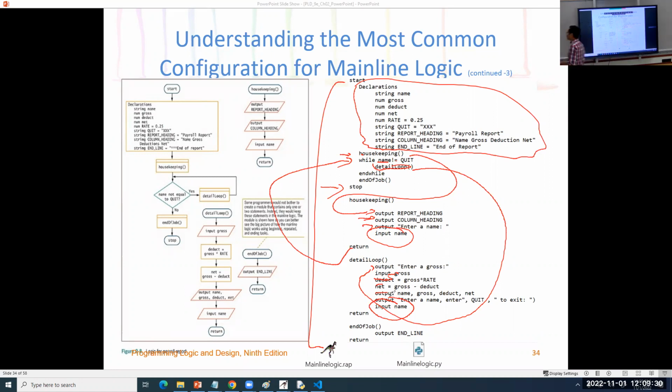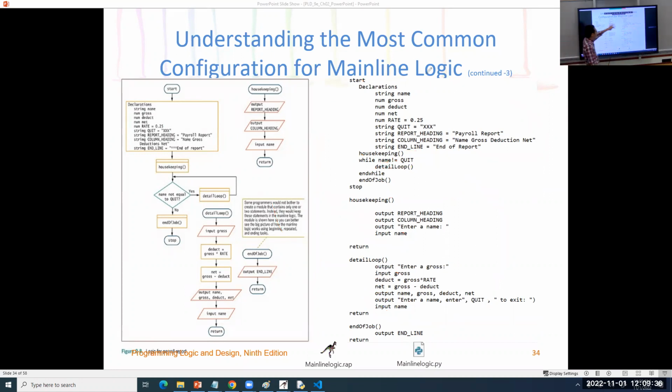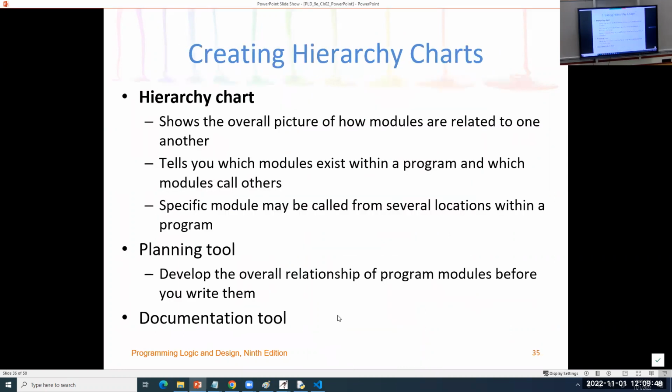So now you can see it is very straightforward in the wrapper here. I do exactly the same. I just convert everything from the pseudocode and flowchart into the wrapper here. So if you look at the wrapper program,